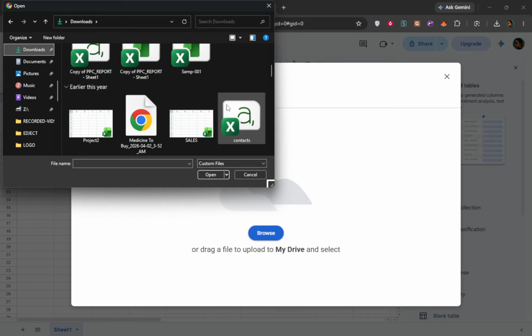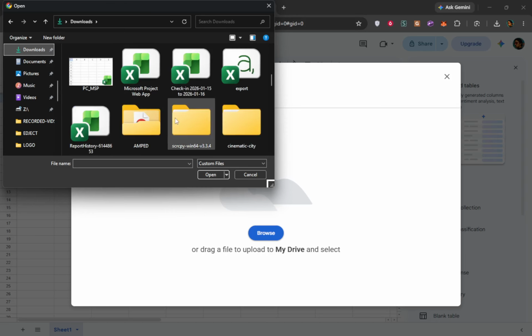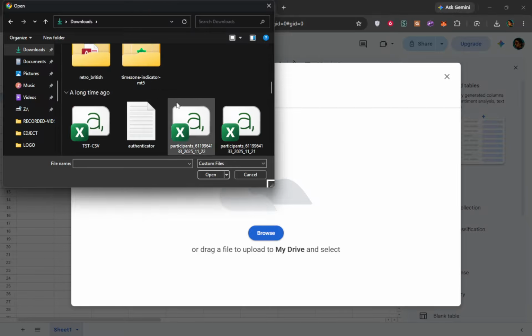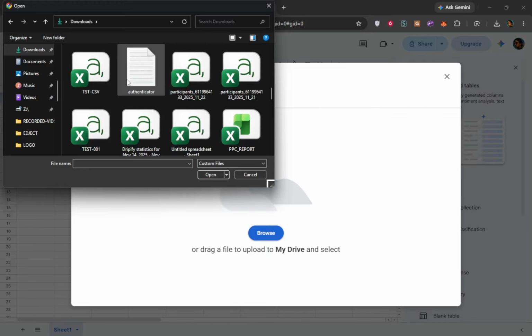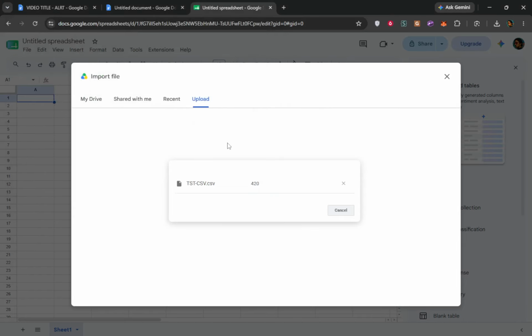Next, find your CSV file in the File Explorer. Once you locate it, click on the file to select it, then click Open. This action will upload your CSV file into Google Sheets. It is reassuring to know that this step is straightforward. As soon as the file is uploaded, you will be directed back to the import window where you will see your file name confirmed. This confirmation helps you ensure that you are about to work with the right data.